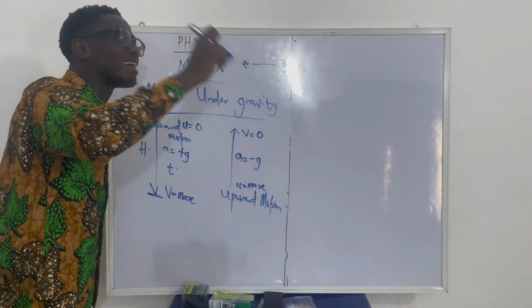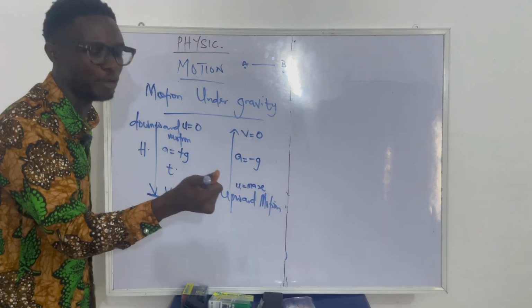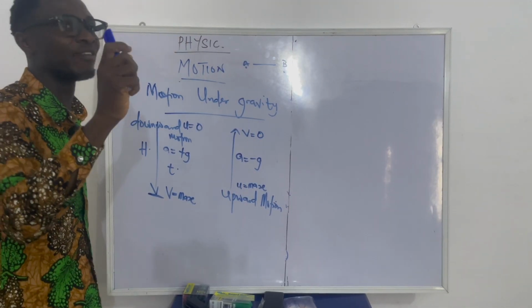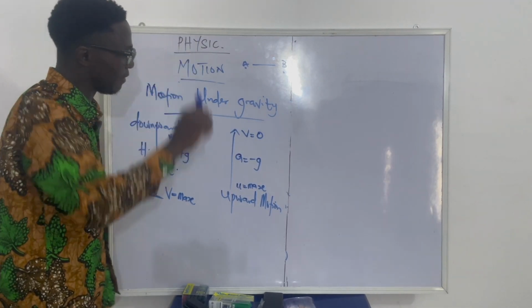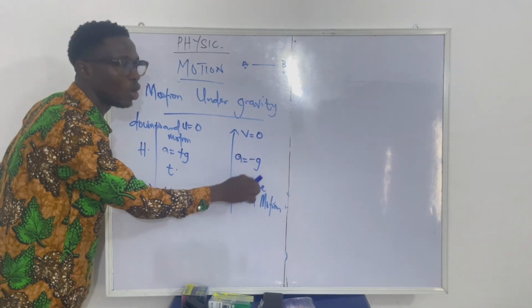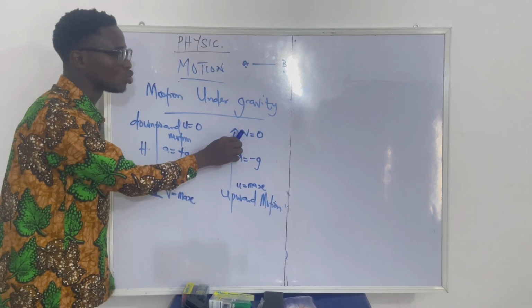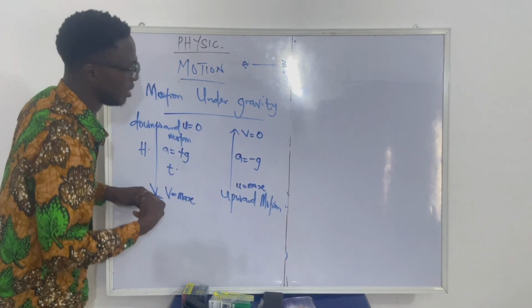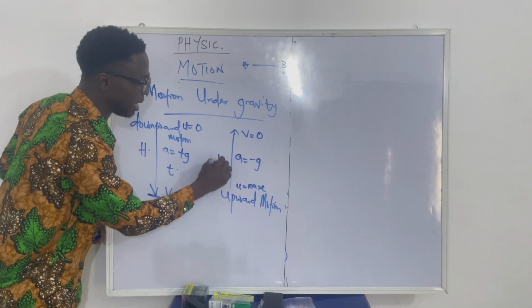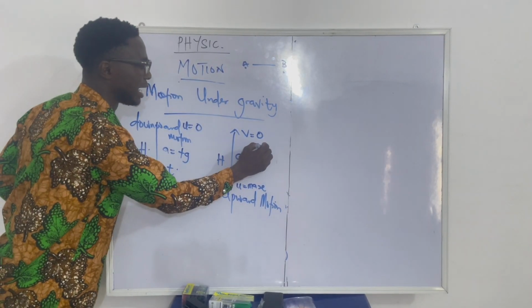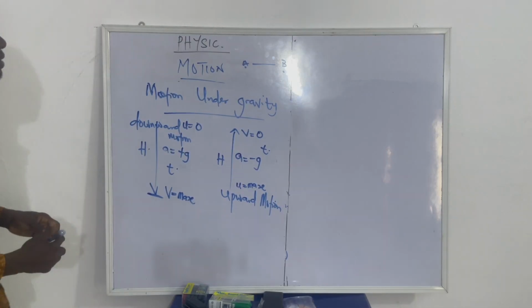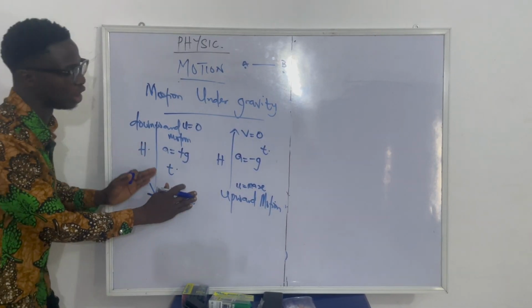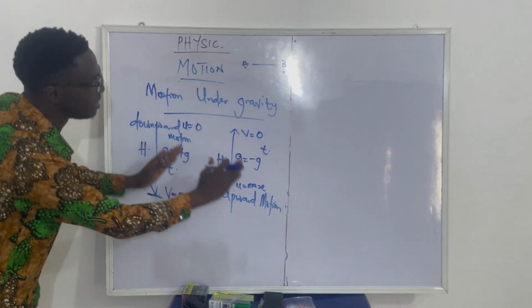And whenever it gets to a maximum point, the force which you exert on the object to pull it up, whenever that force expends, it will start coming back down. And at that point, the final velocity is 0. So we are still talking about height, and that is time bound, which means that the four equations of motion will be mirrored